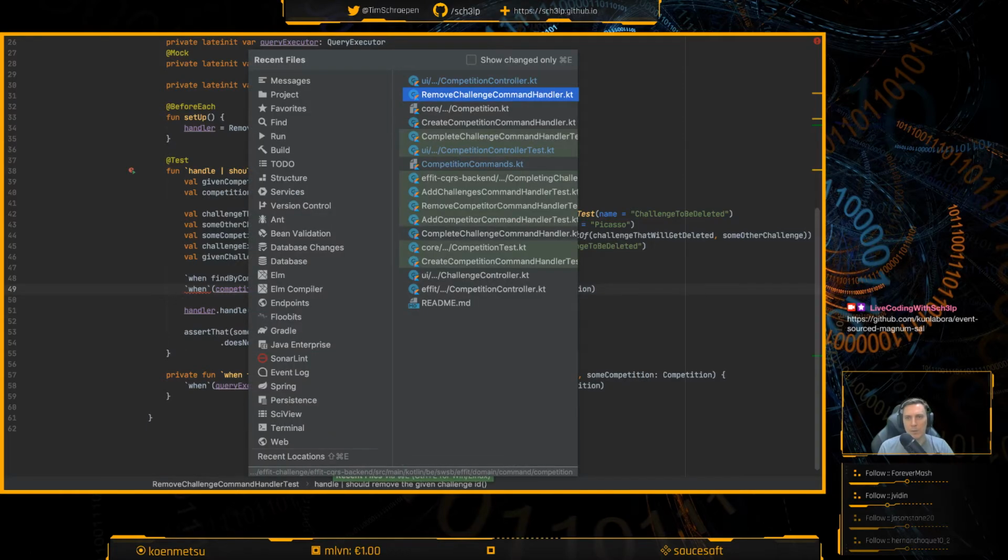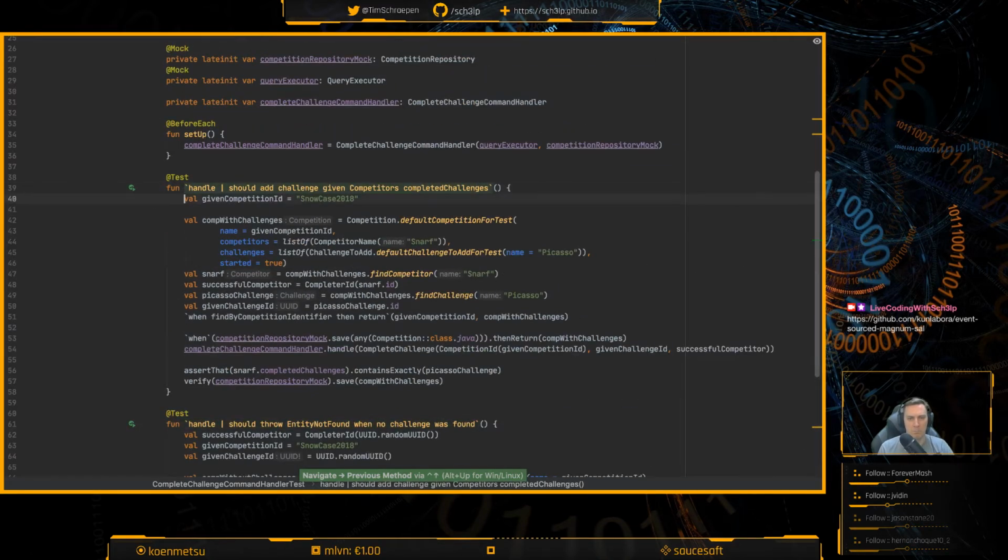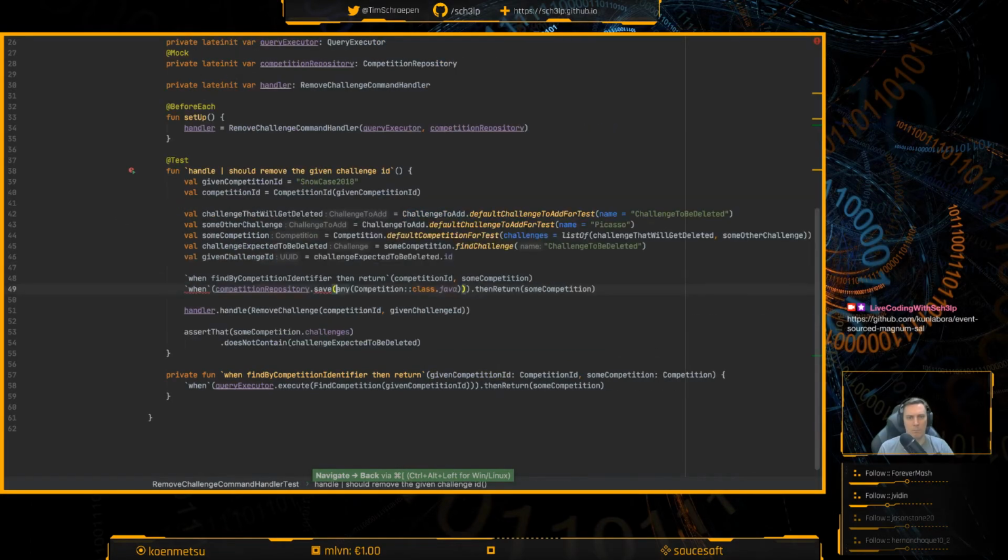Let's go back to the other test. Where is it? Might have been this one. Oh, right. It was Mockito's argument matcher that I needed there, and not Hamcrest. Then some competition. Okay.